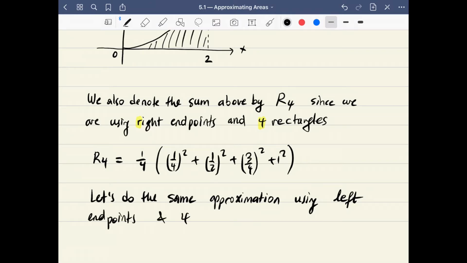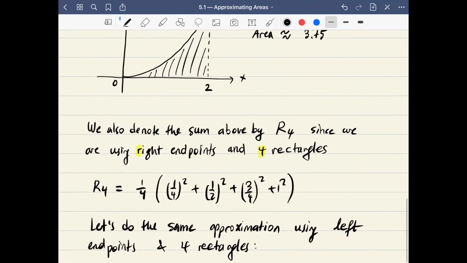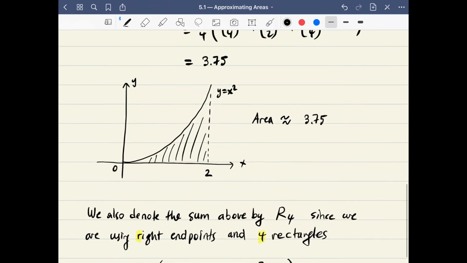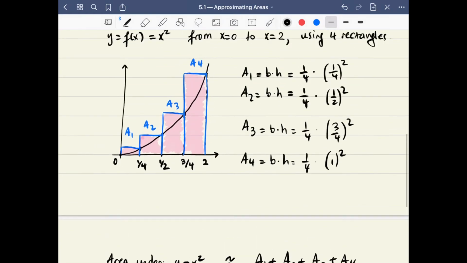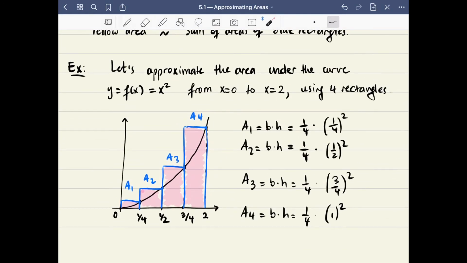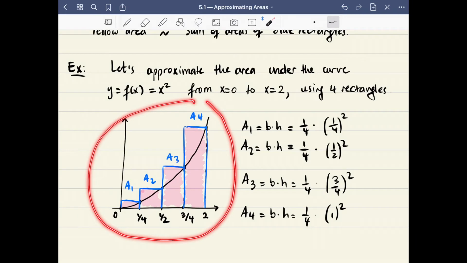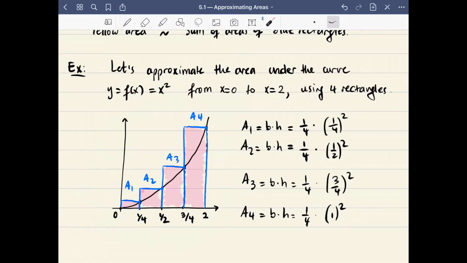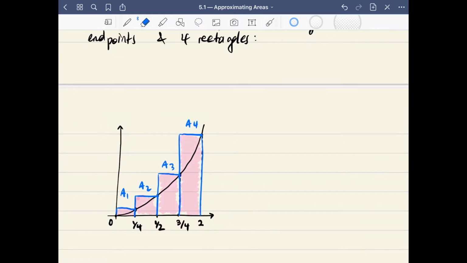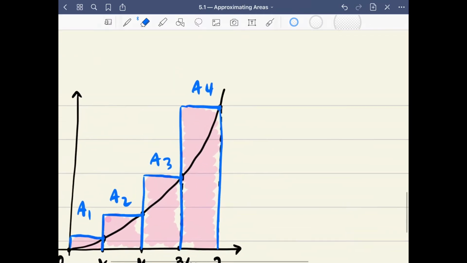And 4 rectangles. All right. So what I'm going to do is take this picture here and construct the rectangles using left endpoints. Okay, so let me do that. So maybe I need this one here, so let me copy this. What I need to do now is I need to erase